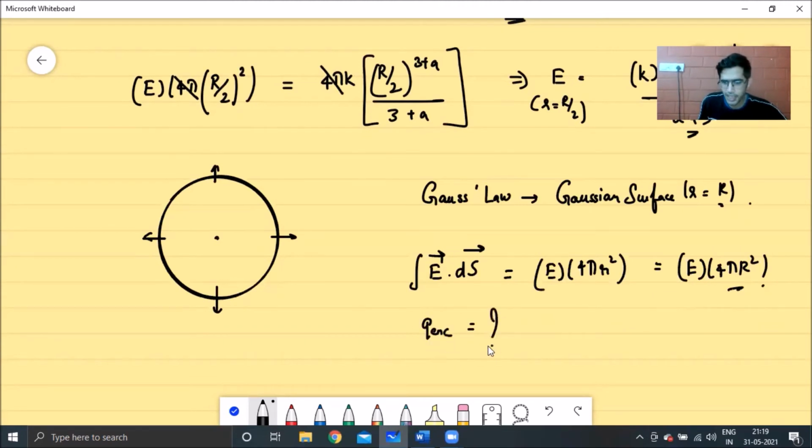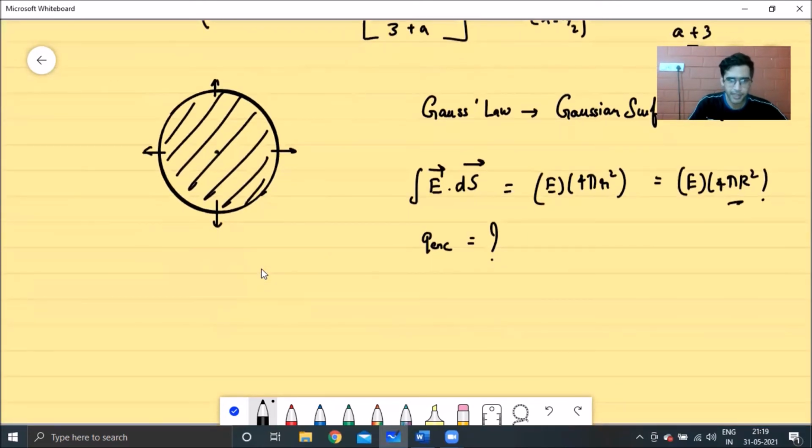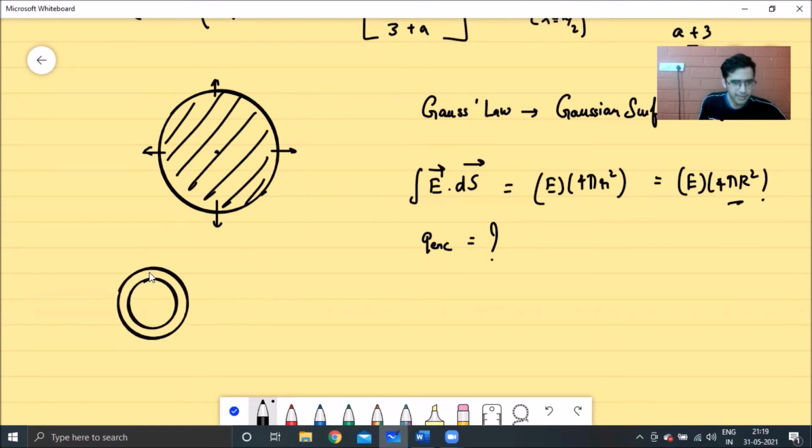So once again, we need to find out what's the charge enclosed within this shell. I'm sorry, the charge enclosed within the sphere. And what will be the charge enclosed within the sphere? Again, we'll make use of our integration. Since our charge density is not constant, we'll once again take a shell having a radius x and a thickness dx, right? And we'll say that our charge density is constant for this shell. The same logic as we had in the previous case.